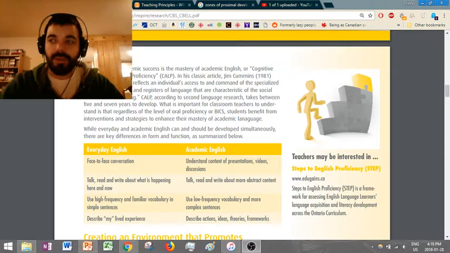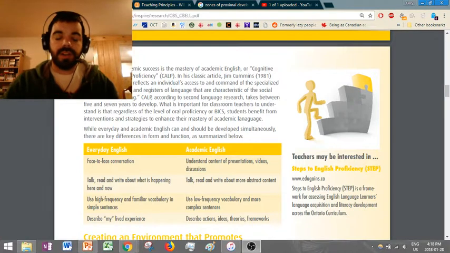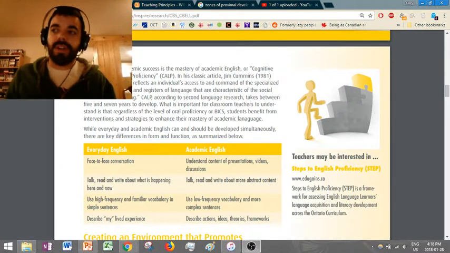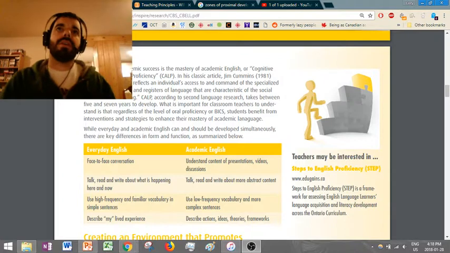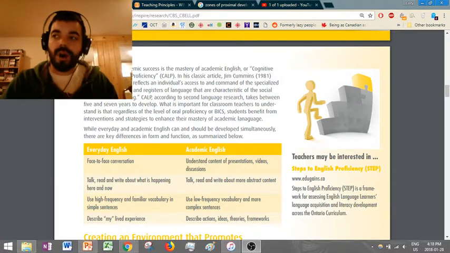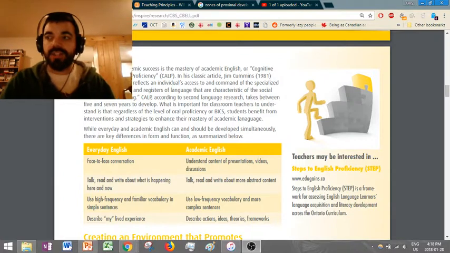You speak about different things and you use different language. You choose different words. You choose different subject matter. And that is one good way to start the students in understanding the difference between everyday English, being able to hold a conversation about maybe how your day went, as compared to academic English, and being able to understand what's going on in a given poem or novel or story that does not involve you,